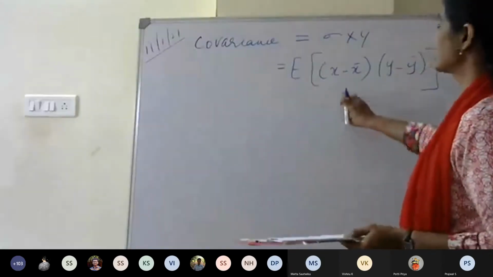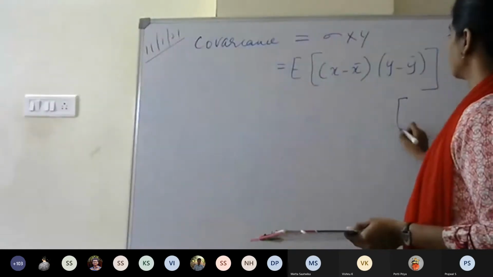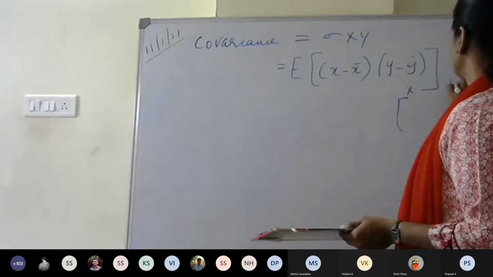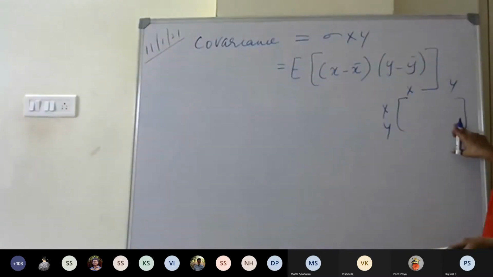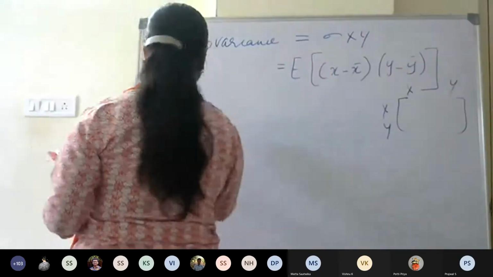So covariance is the expectation of x minus x bar into y minus y bar. So you will have the two dimensions, x in this case. For x into x, this is x minus x bar whole square I can write. Similarly, y minus y bar whole square I can write. Then for this x and y, and for this y and x, you will get the values from this. And correlation,